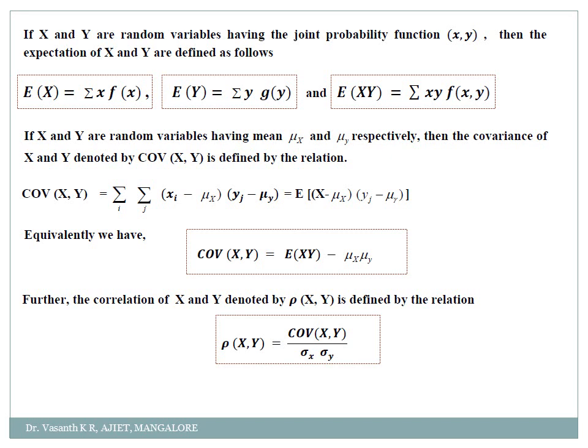So sigma x is nothing but the standard deviation of x, and sigma y is simply the standard deviation of y. Standard deviation is nothing but the root of variance. So how will you find variance? Variance of x is simply expectation of x square minus expectation of x the whole square. Correct? So variance of y is expectation of y square minus expectation of y the whole square. Hope you remember how to find variance.